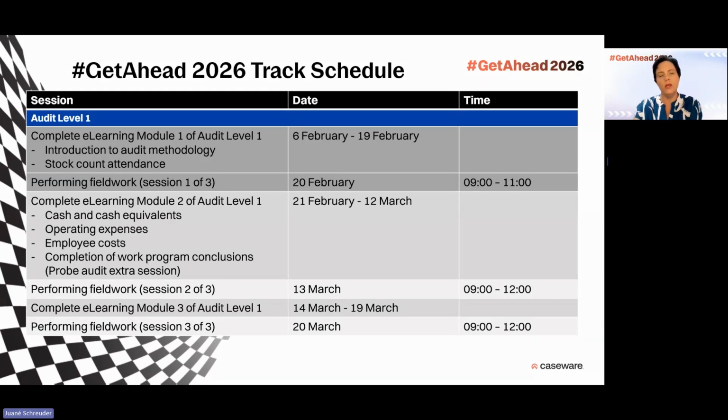And then, of course, we will next time look at what we are going to complete in Module 3, some more fieldwork sections. But before we get to that, one of the important things that we need to do in audit fieldwork is to be able to check that the supporting documents that we are looking at, whether it's the fixed asset register or the client schedules, etc., do in fact represent what's in the accounting records. And for that, we need to do reconciliations.